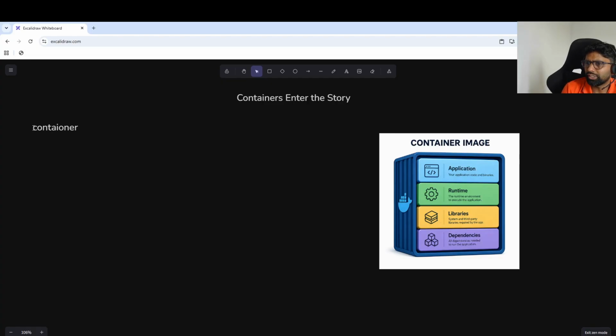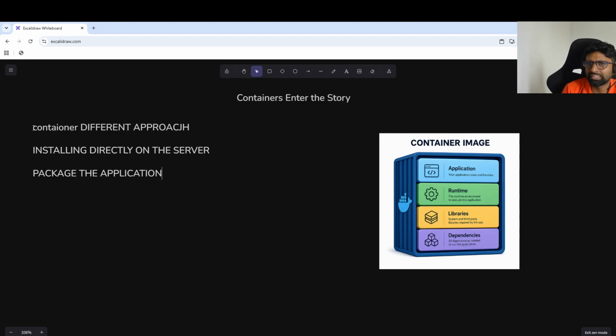Containers introduced a different approach. Instead of installing all the dependencies directly on the server, we package the application together with exactly what it needs. For example, a container image can include application code, runtime, libraries, dependencies, default configuration.